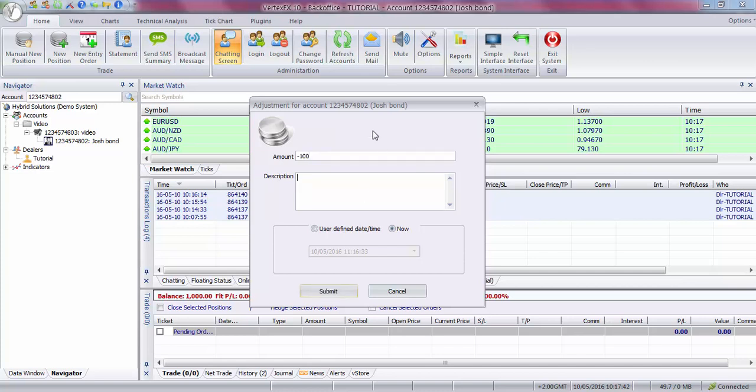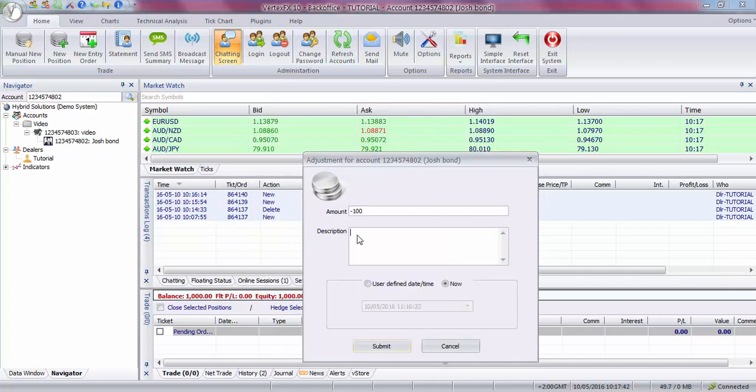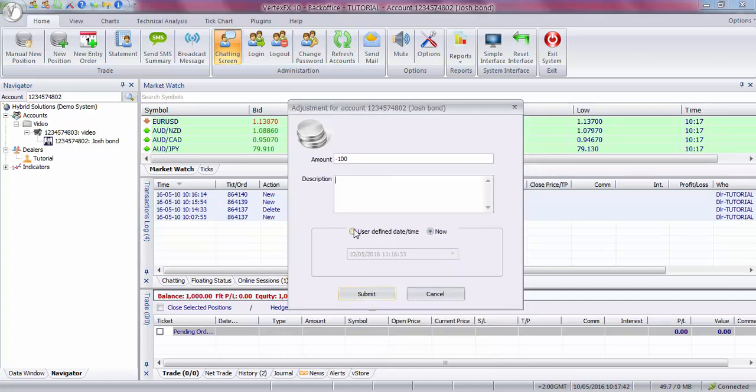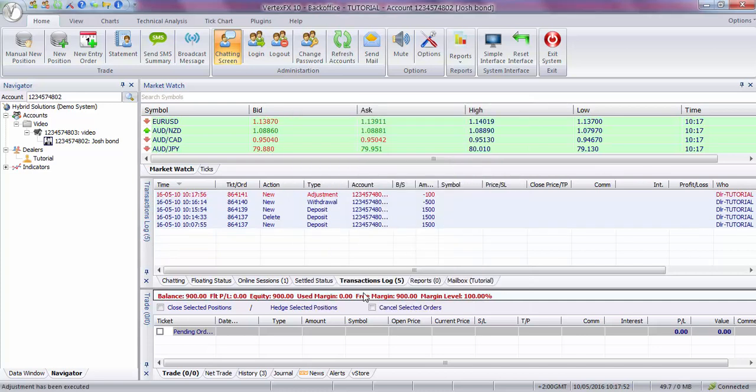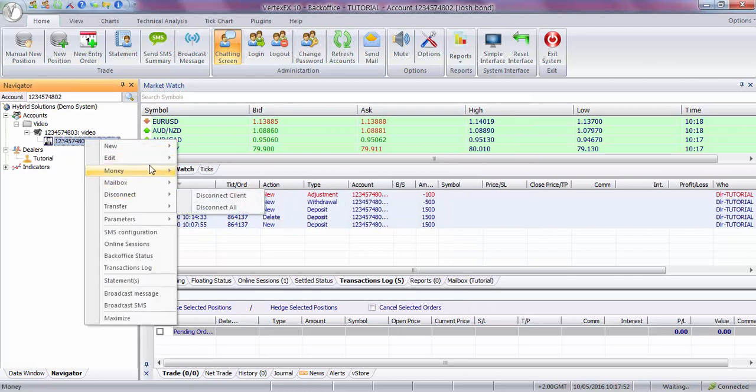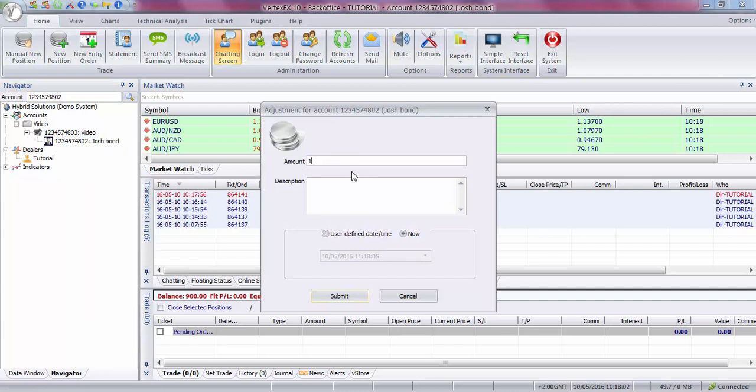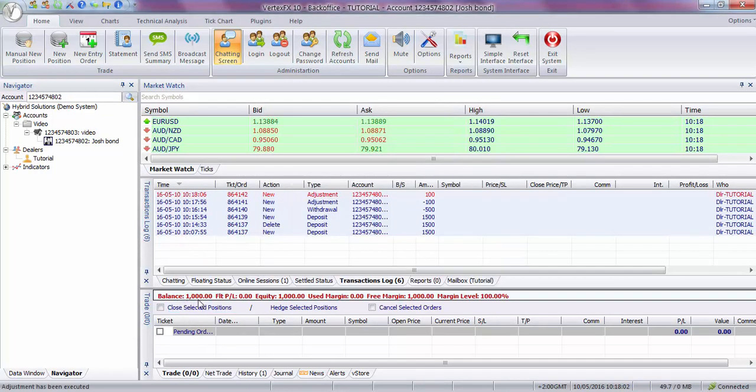Adjustment used for adjusting any financial deposit or any financial transaction for the selected client. Sometimes the client has more than one account, and the dealer, instead of depositing, for example, for this account, deposits for another account, and in this case mistakes happens. So